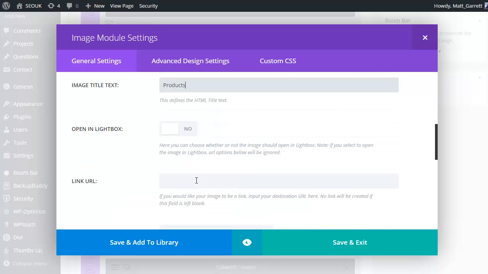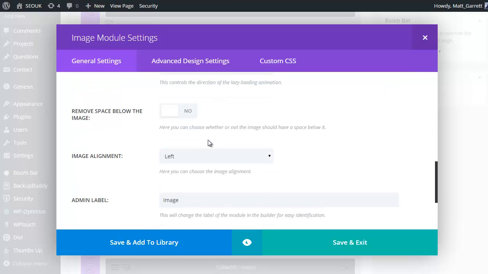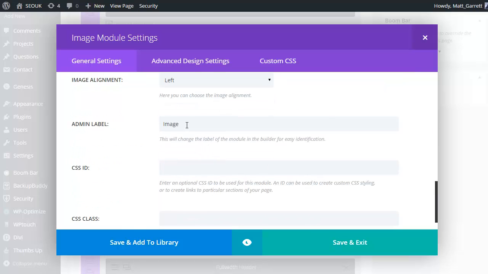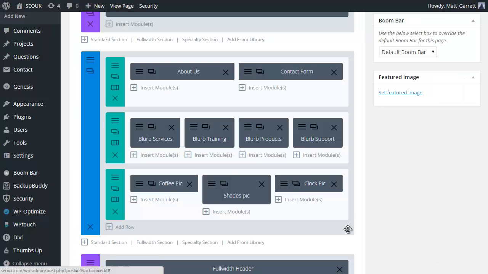products again. Scroll down, open a lightbox, animation, URL, admin label. This was a clock pick, just for reference. Save and exit, so I can now see I've got a coffee pick, shades pick, and clock pick. Now I've basically effectively set up 3 separate areas of content there, and I want to separate those a little